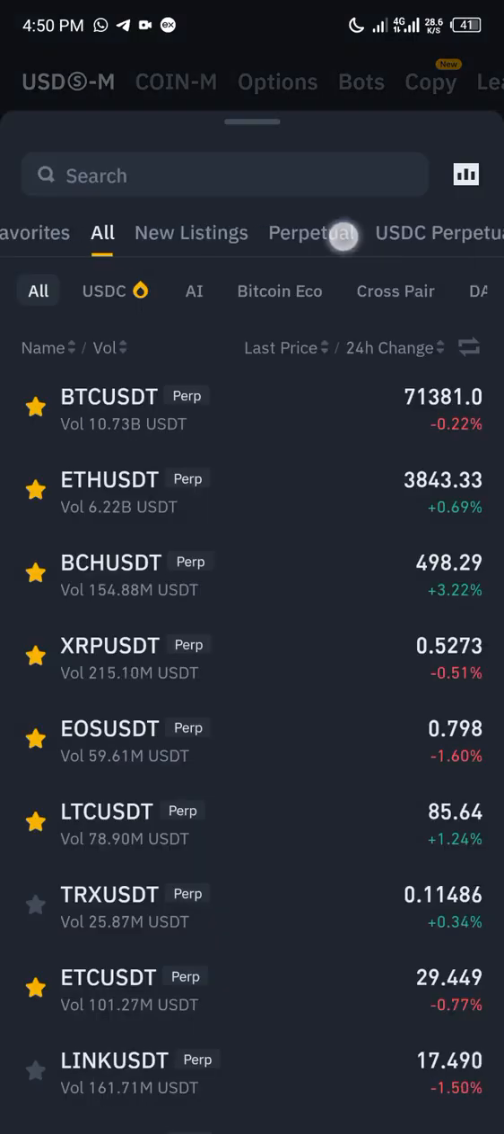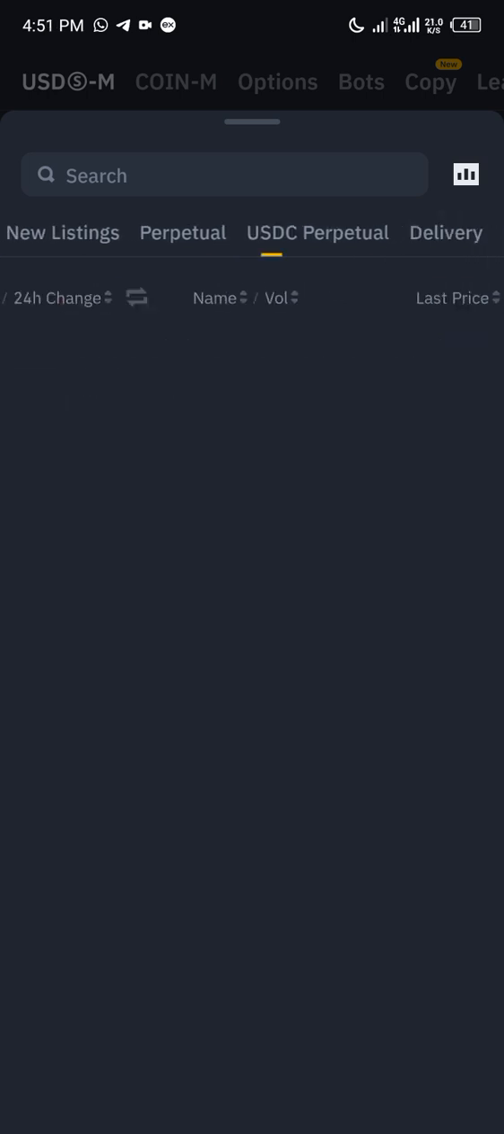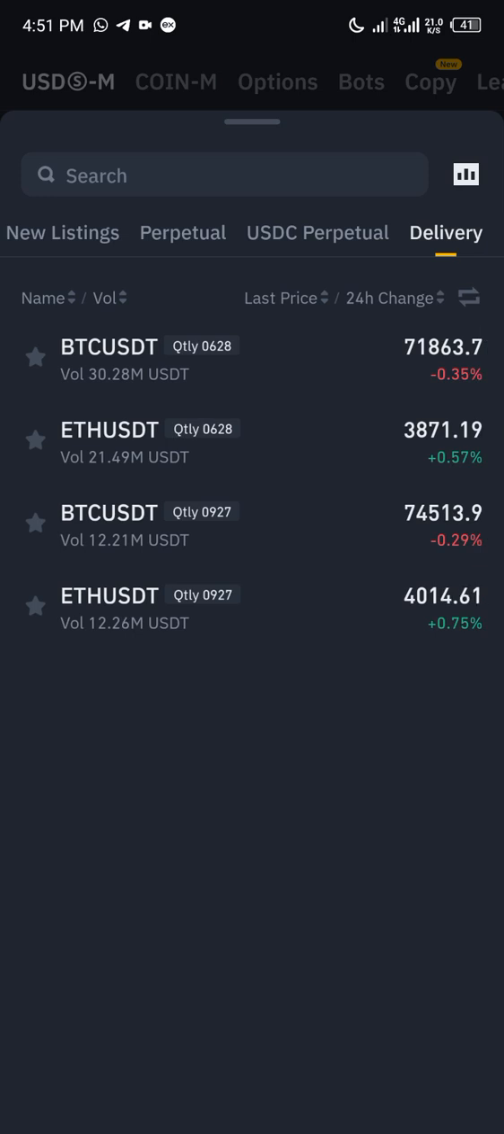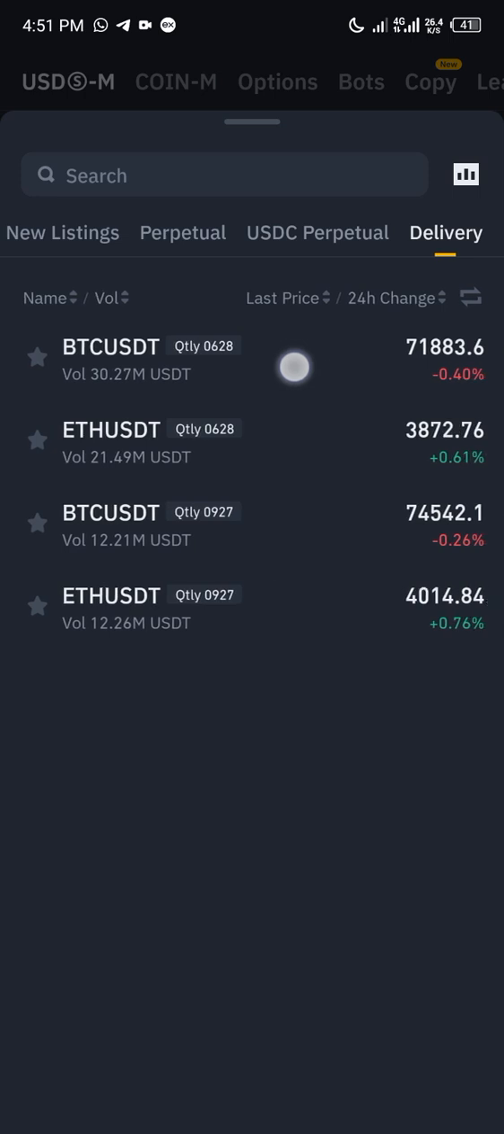If I now swipe down to here, we have delivery. In this delivery, these particular assets that are listed here have an expiry date. They are not perpetual, they are not forever. Beside it, this is BTC USDT, Bitcoin to USDT. This is telling you QTLY, which is quarterly, 0626. This is telling you that on the 26th of June, this particular asset is going to expire